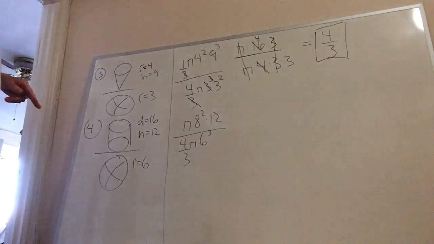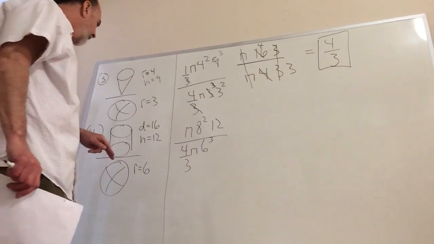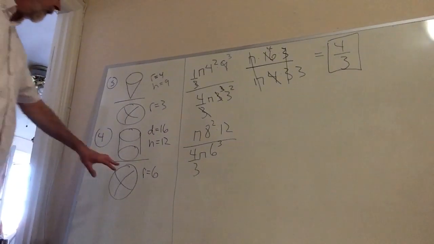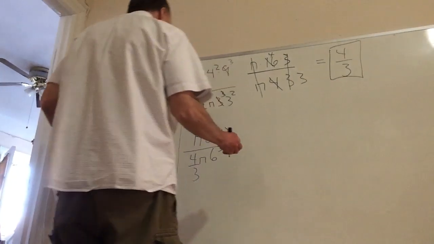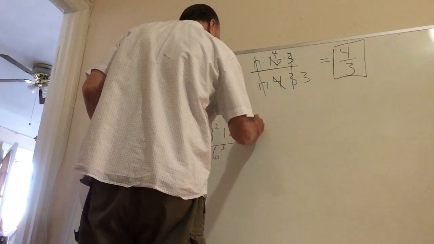Again, be careful about diameter. I took half of the diameter and turned it into 8. There's the height, which I wrote, and that's divided by a sphere as well. No height in a sphere, just 6 cubed. And we write it out going left to right. And I write pi